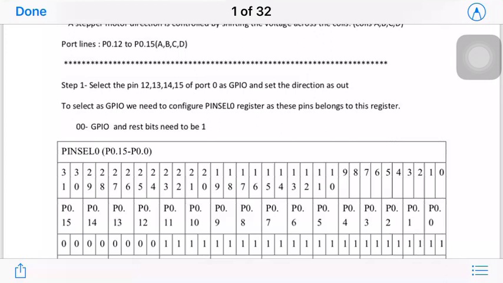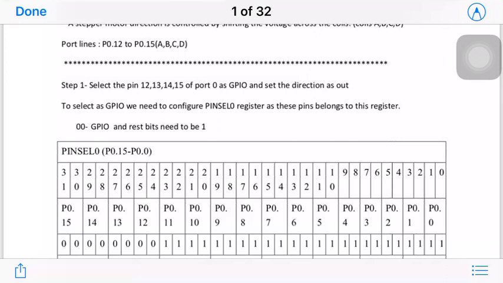By default they are general purpose input output, but if you want to select them as GPIO, we then have to set the direction as out direction, because our microcontroller is going to tell the motor whether to rotate clockwise or anti-clockwise, whether to rotate or stop. So the controller is sending, so it is out direction.